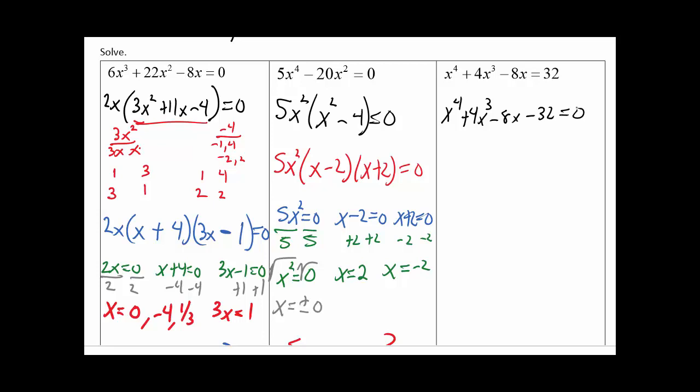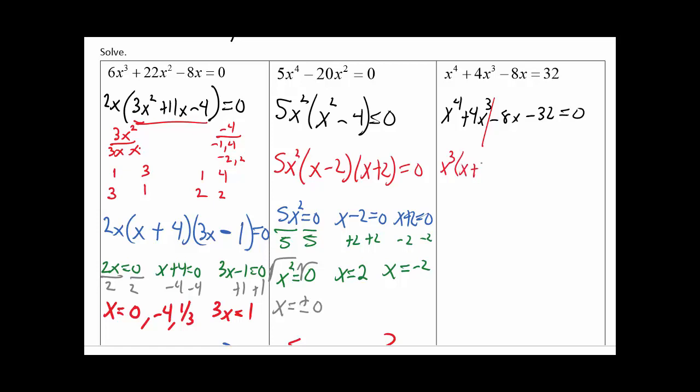And then that fits in one of our patterns. So we've got 4 terms, and that fits in the factor by grouping pattern. So in factor by grouping, I want to break them up into 2 sets of 2. So I want to look at the first set of 2 and the second set of 2. And what's the biggest thing I can factor out of the first set? Well, that's x cubed